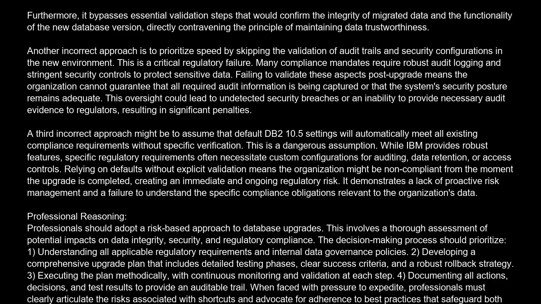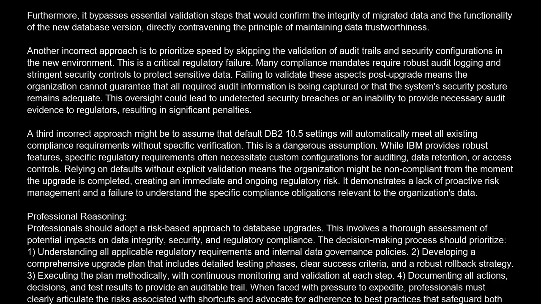Another incorrect approach is to prioritize speed by skipping the validation of audit trails and security configurations in the new environment. This is a critical regulatory failure. Many compliance mandates require robust audit logging and stringent security controls to protect sensitive data. Failing to validate these aspects post-upgrade means the organization cannot guarantee that all required audit information is being captured or that the system's security posture remains adequate. This oversight could lead to undetected security breaches or an inability to provide necessary audit evidence to regulators, resulting in